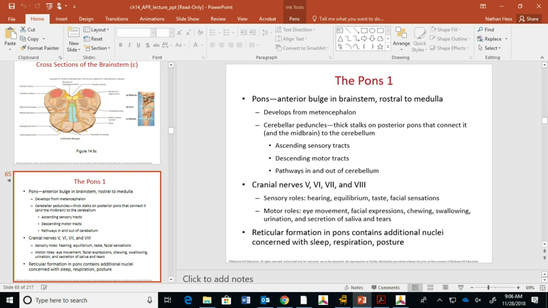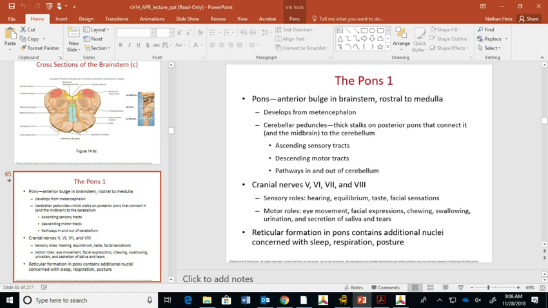It has these pieces on the outside of it called the cerebral peduncles. It's another fun name to say. These thick stalks on the posterior pons connect it and the midbrain to the cerebellum, because the cerebellum is right posterior to the pons here. And those are the ascending and descending motor and sensory tracts, and also the pathways into and out of the